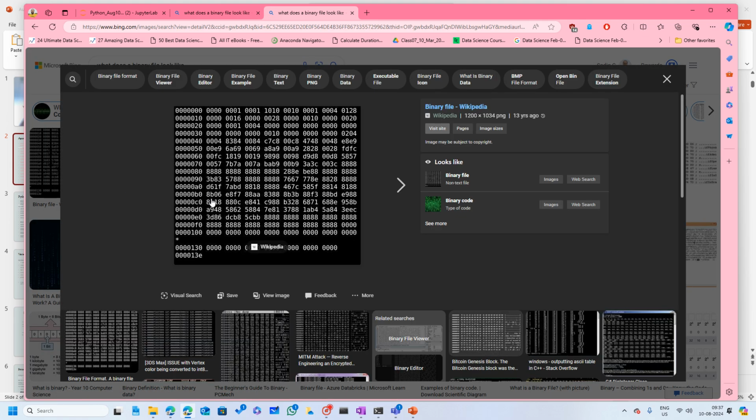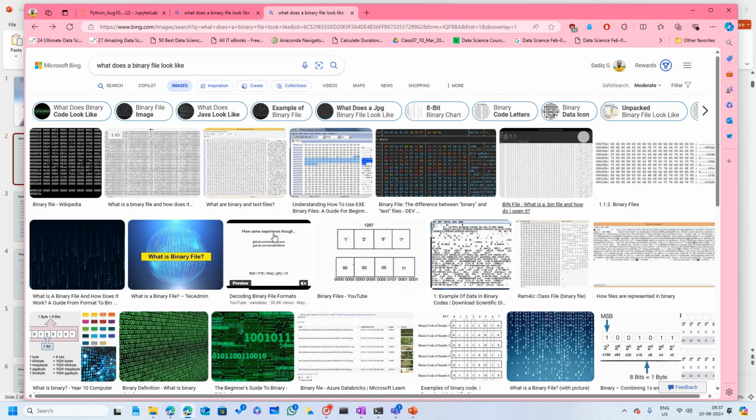This thing that you see, this is a binary file, a non-text file. If you want to read such files and do the same exact thing that we discussed now,